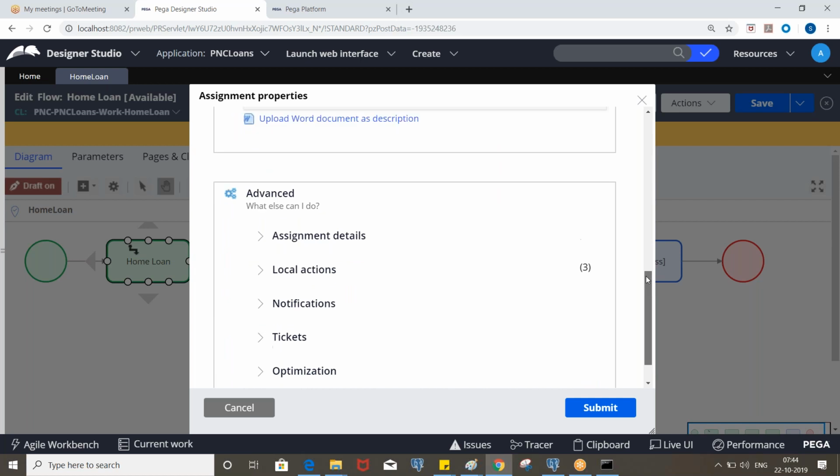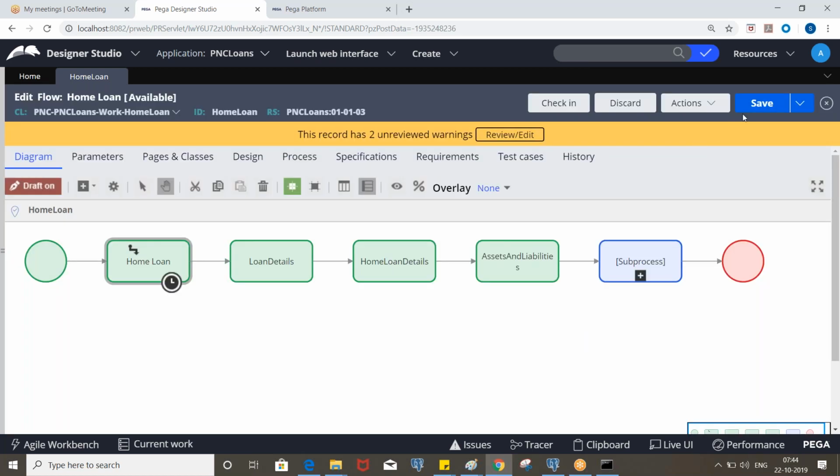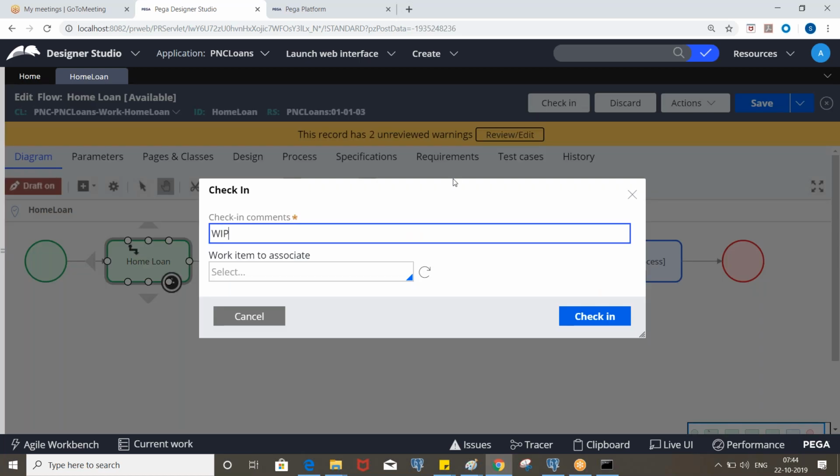And here we have the service level agreement. Okay, manager SLA, call it. And once you configure it, you see the timer option. So now let's execute the flow.